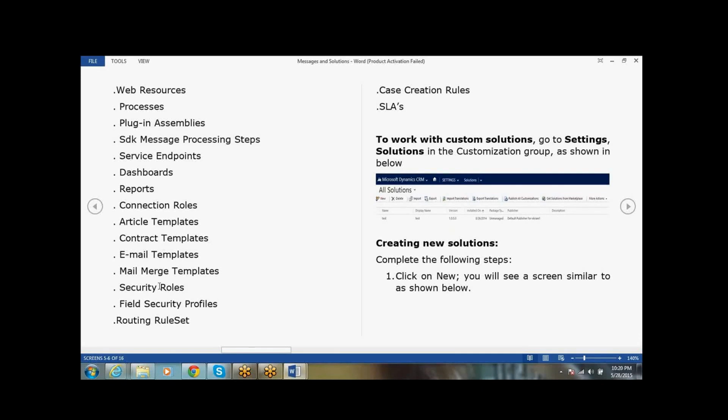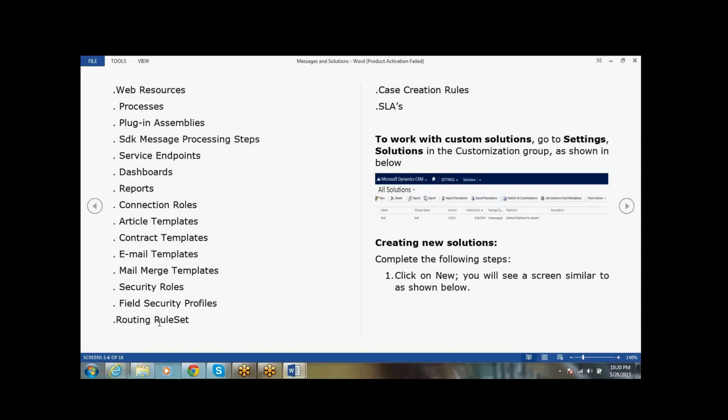All of these we call solution components. Basically, a solution is nothing but a collection of CRM components.